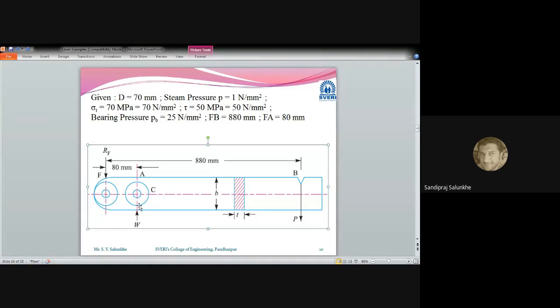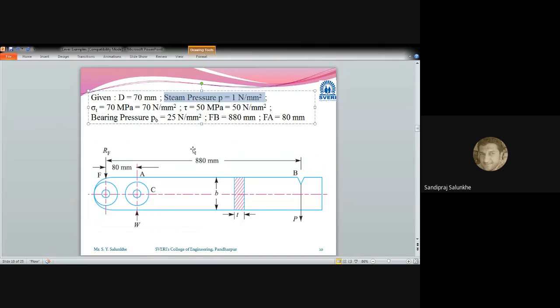Okay. So this pressure of the steam is going to generate the force, and this force we are going to consider as the W acting on this steam stop valve, whereas at point B we are going to apply a dead weight P, and this weight with the help of the fulcrum is capable of stopping the steam from blowing off, from coming out. Okay. But when the pressure intensity of the steam becomes 1 Newton per millimeter square, this valve will operate. That is nothing but the steam will come out. Getting?